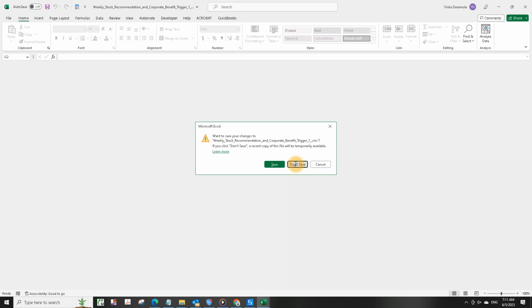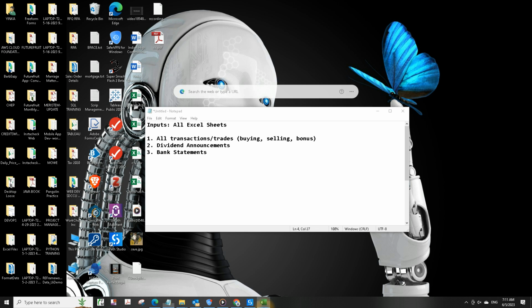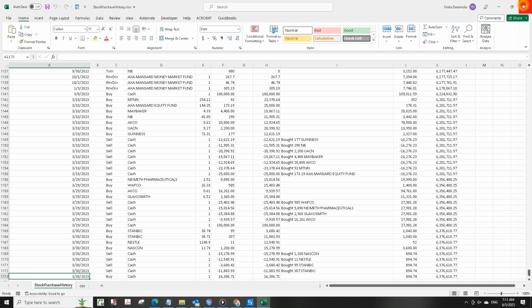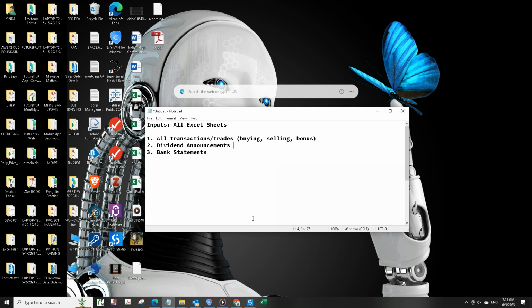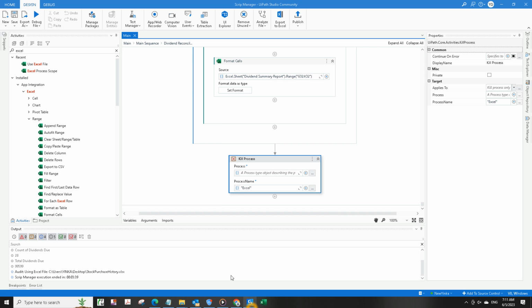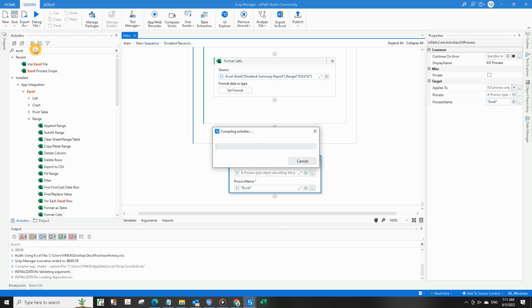I'm not going to go through how the robot works. I'm just going to show you the functionality. I've shown you the three inputs now, right? And from an operational perspective, all you need to do is hit run, right? Once you do that, the robot is going to pick up that transaction history, the one with